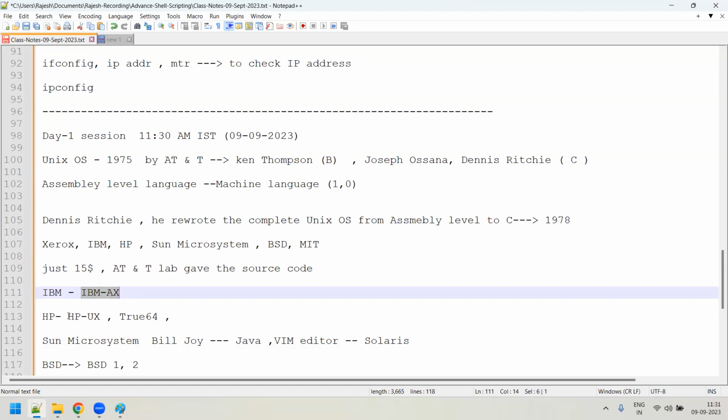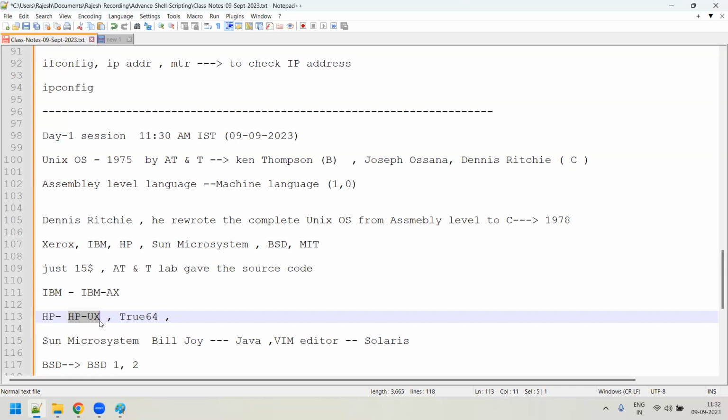Similarly, you have to buy HPUX Superdome servers so that you can install HPUX. The HPUX operating system, you cannot install on a very simple x86 processor. No, you cannot install it. It will not be supported. It is only supported on that particular IA64 processor, and that too in the Superdome. Superdome servers are HPUX servers, actually.